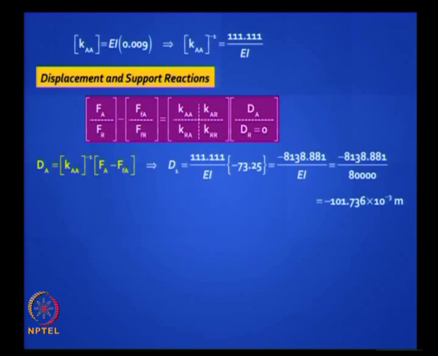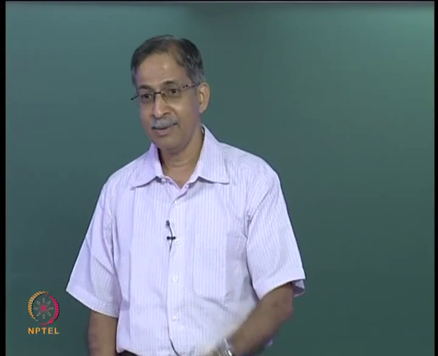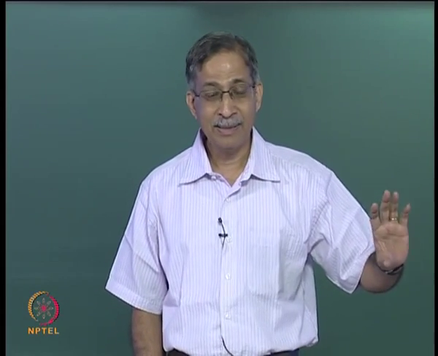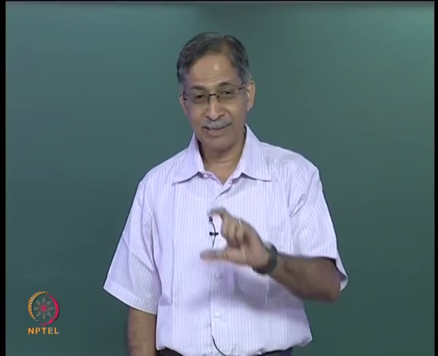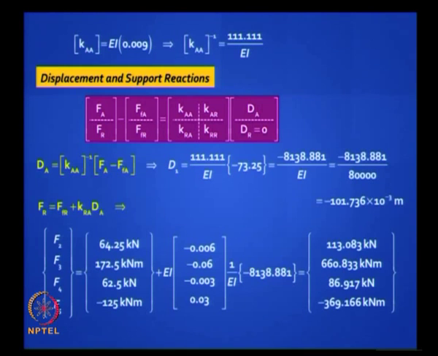Solve for the unknown, single unknown displacement D1 in the middle. Remember we did this problem, we got 101 mm in the conventional stiffness method. We also noted that when the hinge was not there, the deflection was very small. The hinge made the whole system very flexible. The deflection shot up by a large amount.